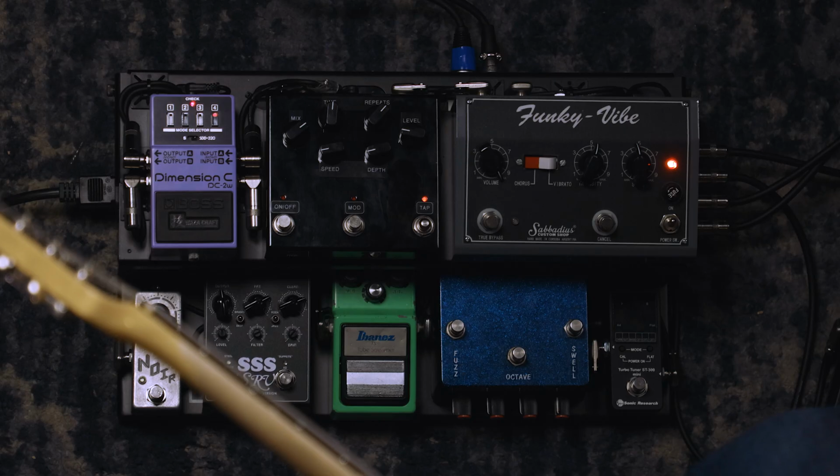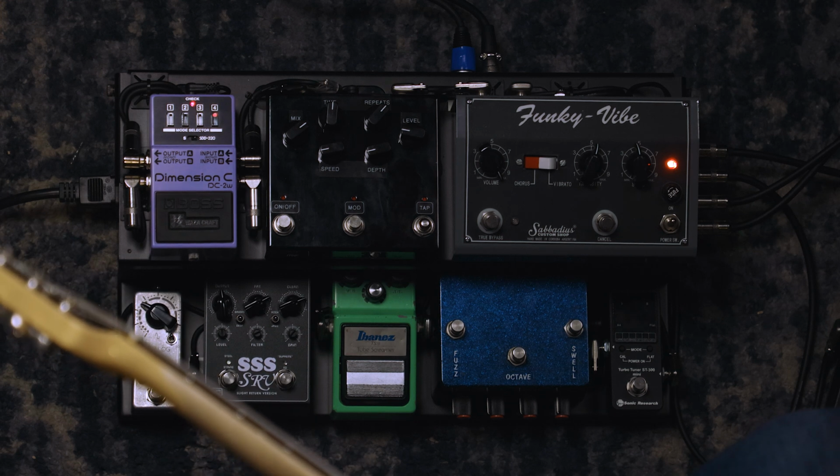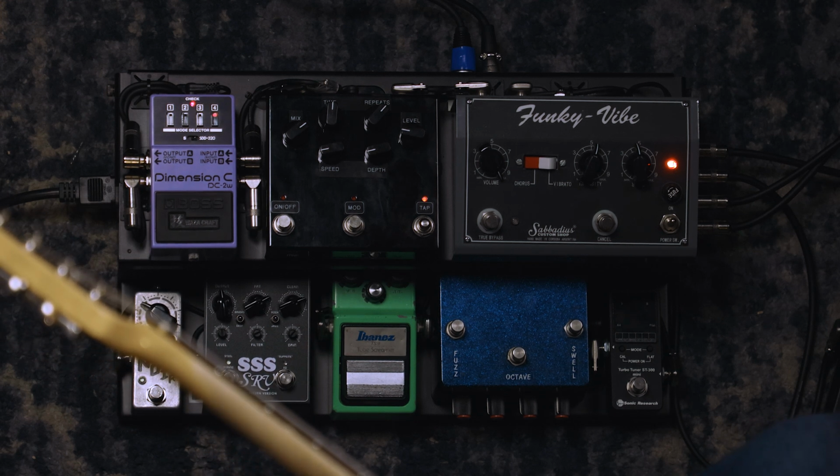Obviously, we've got a different pedal board here. There was a reason for this. There was some sort of inspiration, some sort of idea that you had. Please enlighten us. The last pedal board that I showed off was just a standard mono pedal board. It had a lot of different style pedals on it. And I remember one of the things that was different about it is that I had the option to either run through a simulated speaker cabinet and or IR loader, and I think that was the 2 Notes